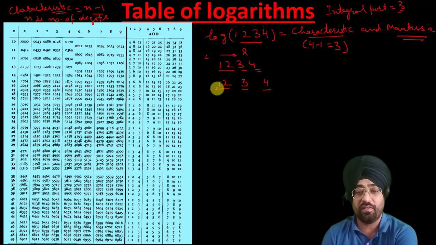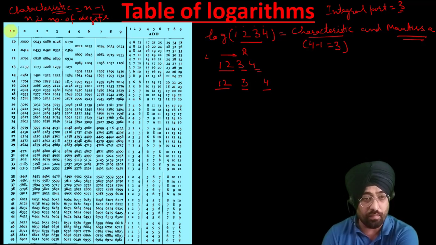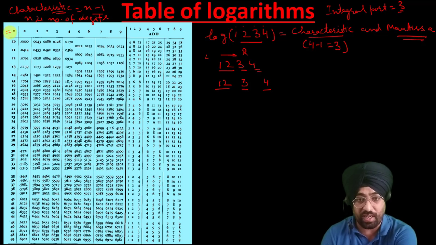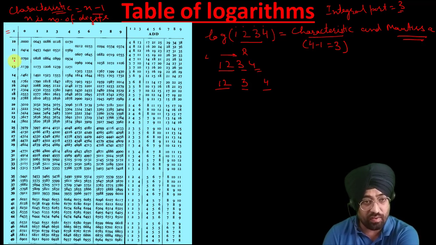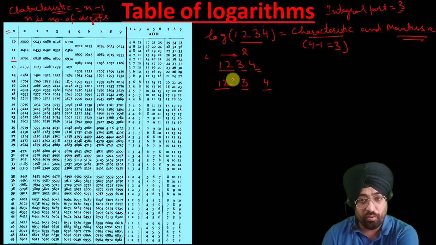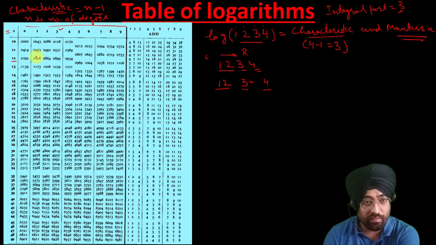So when we have to see the value, first we have to look at the first column where x is written. We have to find 12. Now where 12 is written, here is 12. Now we will move to our third digit, it is 3. Now we have to see the value corresponding to this 12 in the column where 3 is written. So in this part, we will find where is 3. So here is 3. Now what we will see is the value of 12 in the column corresponding to 3.